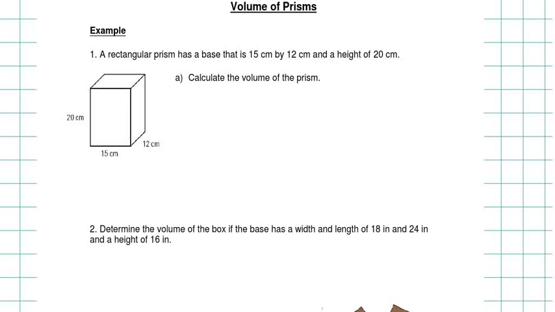All right, so we're gonna move on right now to the volume part. All what we've done so far is the surface area, okay? So we're looking at how much material does it take to create something, right? When we're talking about the surface area, we're talking about the area of all the sides, and we're adding them together, right? But now moving to the volume, we're gonna talk about how much space does that object take,